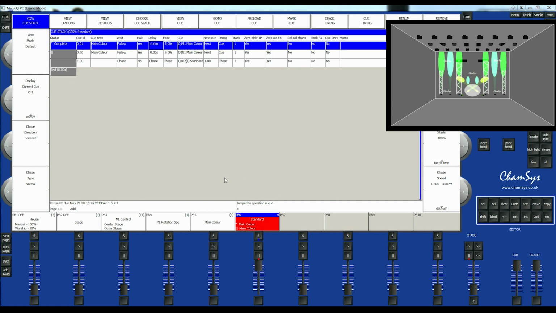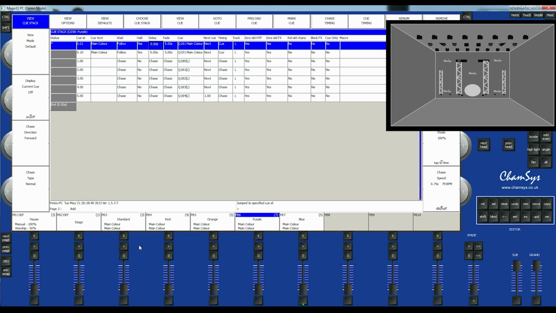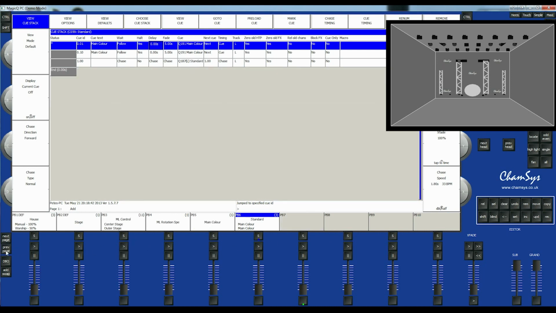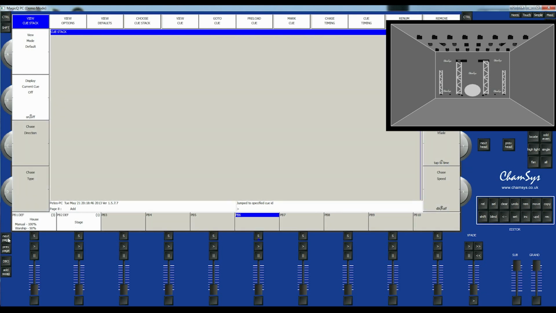However, this is just for one song, which is kind of useless. So let's get rid of that slider. Down here we have the page functions. This enables us to change from this set of sliders to another set of sliders. Boom, these lot. As you can see, the house and stage lights will remain on all of the different pages no matter how far you go. This is because they are set to the default